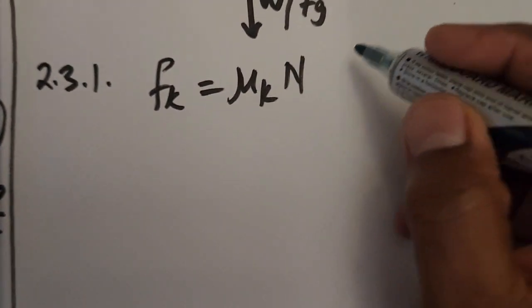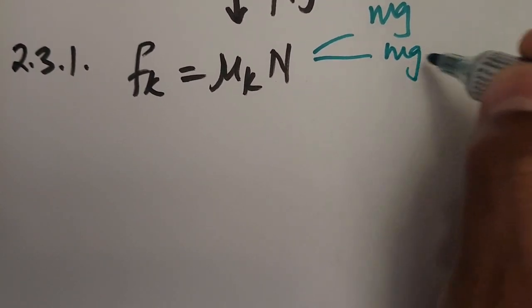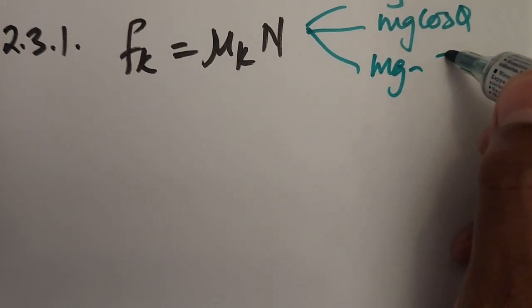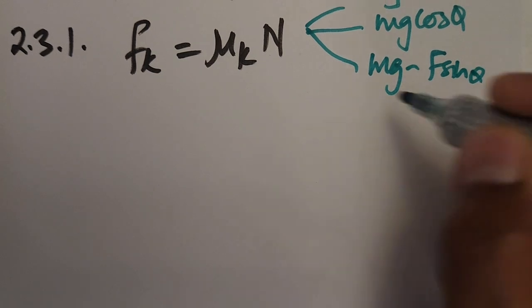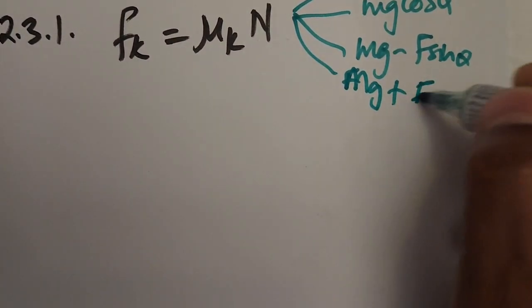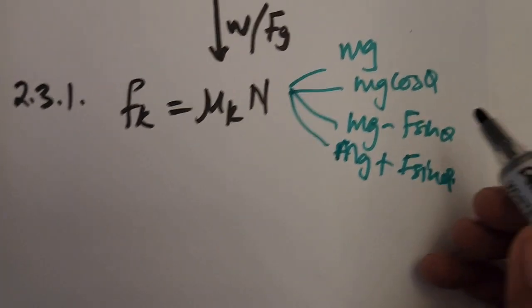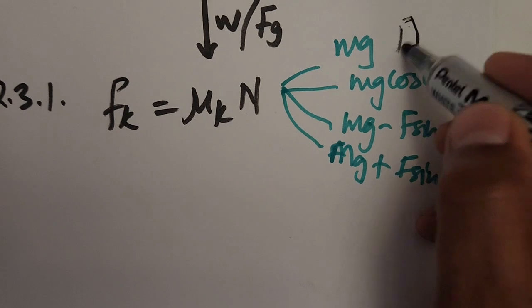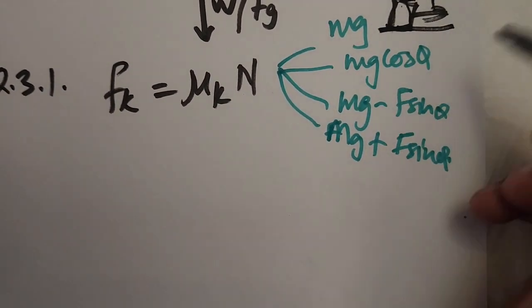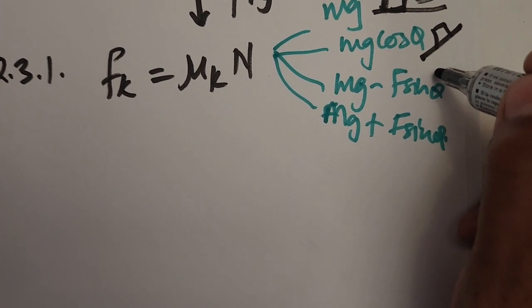Then normal can be mg, normal can be mg cos theta, normal can be mg minus F sine theta, and then normal can be mg plus F sine theta. So remember, in this case, this one normally is when the force is just applied and it's horizontal, then that's the case on a plane. Then this one is the incline, the body is on an incline. This one is when now we are pulling,